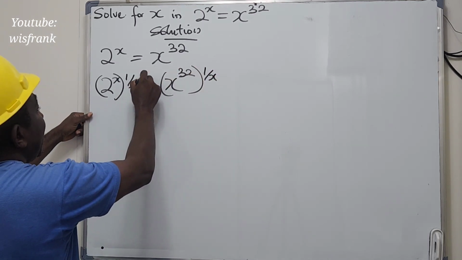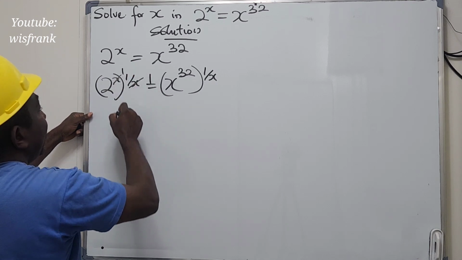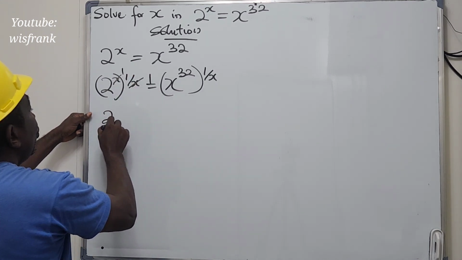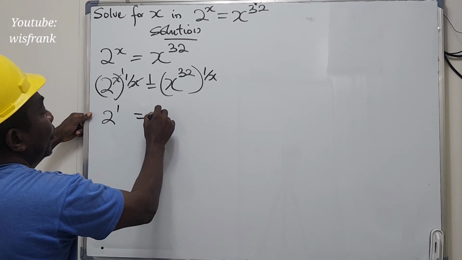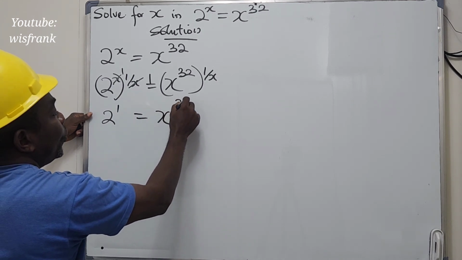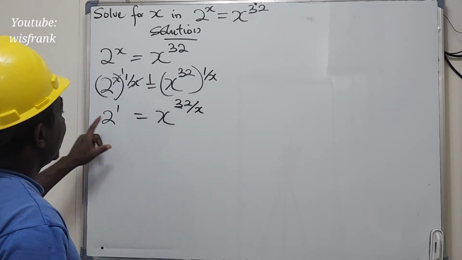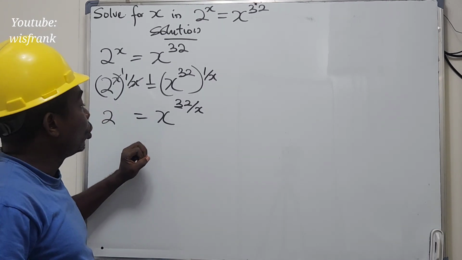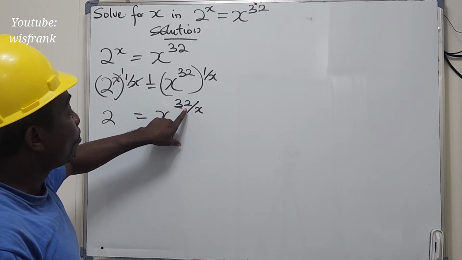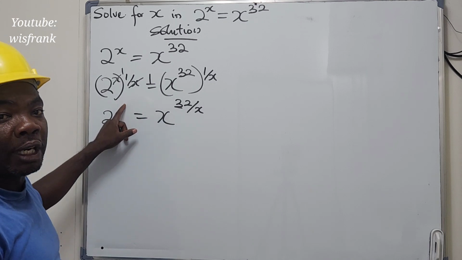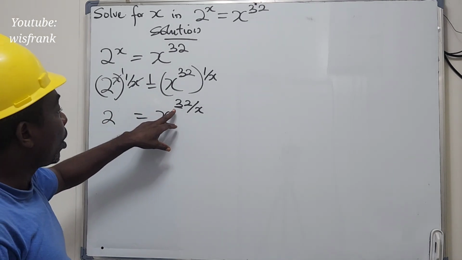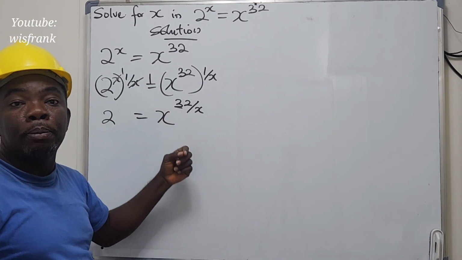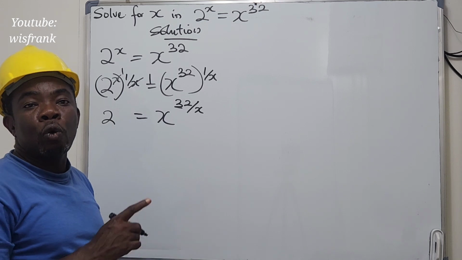In this situation, this will cancel here and this will cancel here. We are now left with 2 to the power of 1 equals x to the power of 32 over x. So here, this 2 to the power of 1 can also become 2. Here, we need to move this 32 to the other side. What are we going to do? We are going to multiply both sides by the power of 1 over